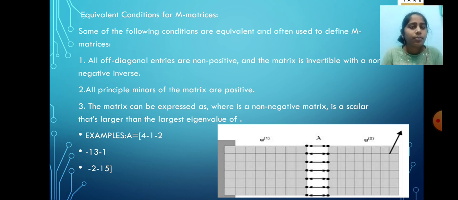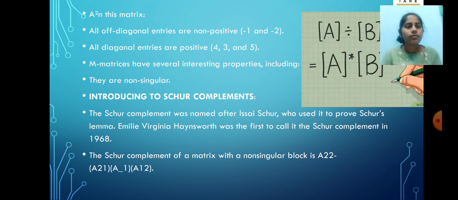Here is an example for M matrix: 4, -1, -2; -1, 3, -1; -2, -1, 5. All off diagonal entries are non-positive and the diagonal entries are positive. M matrices have several interesting properties including